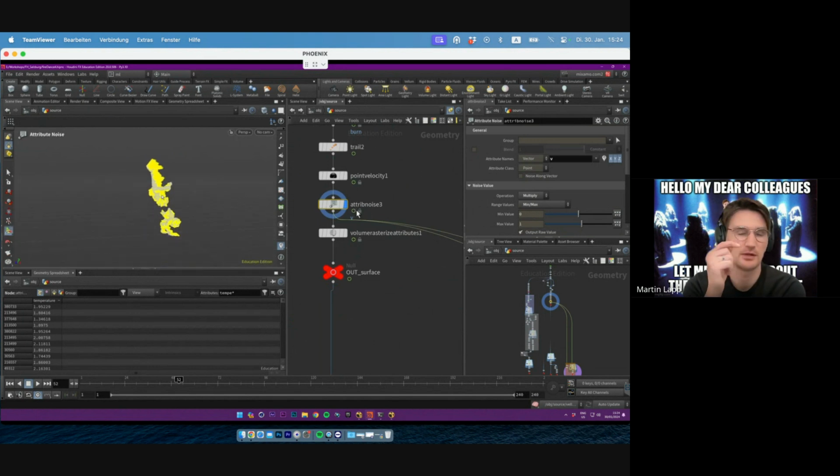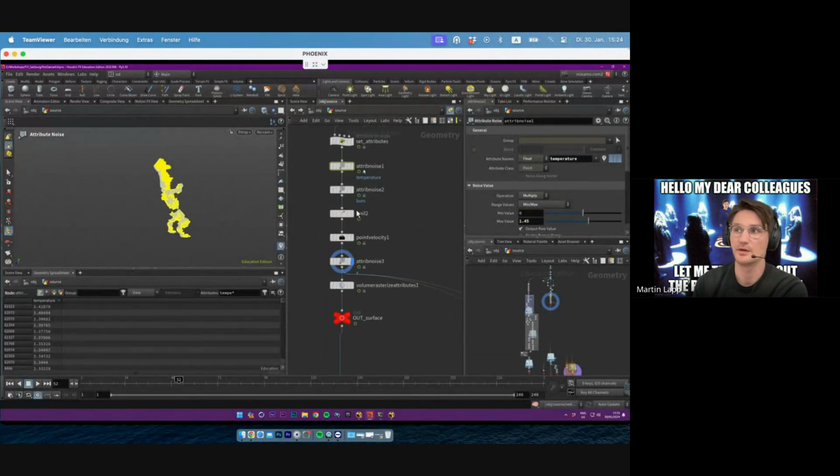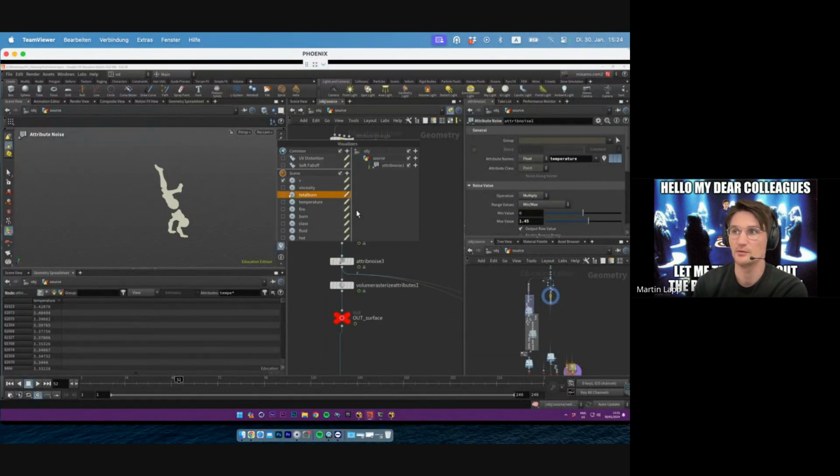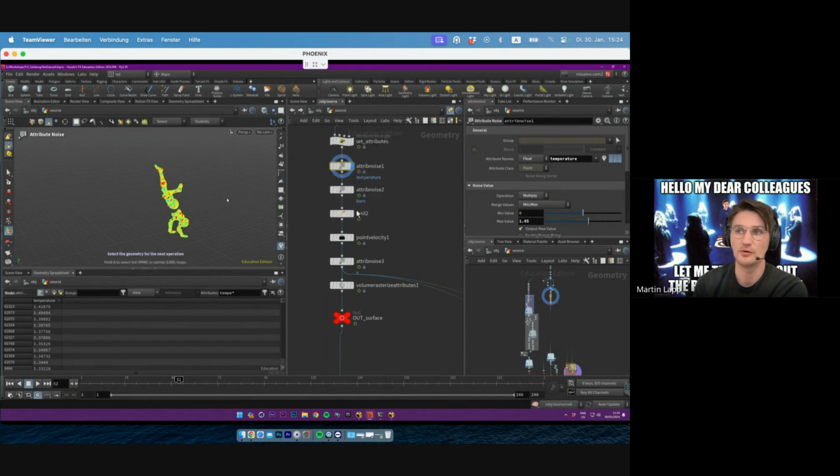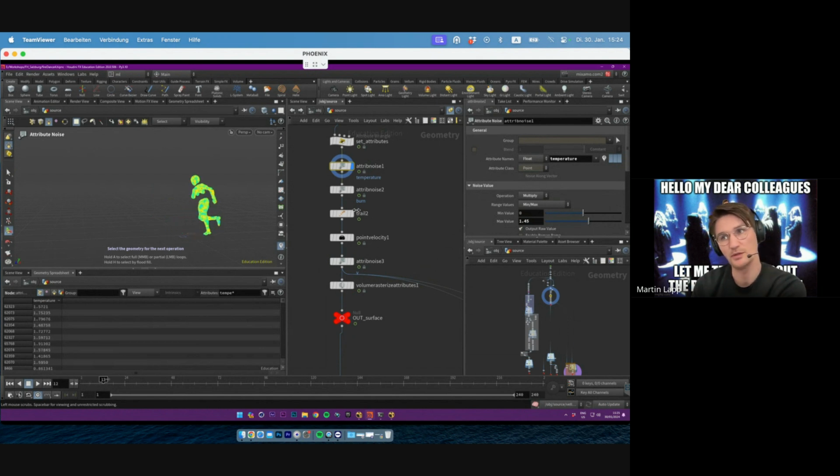So yesterday, when we were talking about water, we were saying that 80% of the work, or a lot of the time, goes into the source, because if your source looks interesting and has all the right values, then you don't have to do that much in the simulation. This is especially true for Pyro, where you have to make sure that your burn and temperature attributes are not the same everywhere. They don't look uniform in any way, but they change their values globally, what we did here in the beginning, so it gets